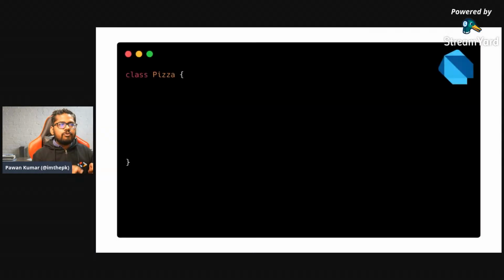So now let's see how Dart works with the same pizza class. Here we will write the same piece of code, class Pizza. There were slices and we were saying number; here we will say int slices is equal to 8, and for toppings we will just say List of String, which is toppings. So array or list is the same thing in Dart, so don't get confused by that.